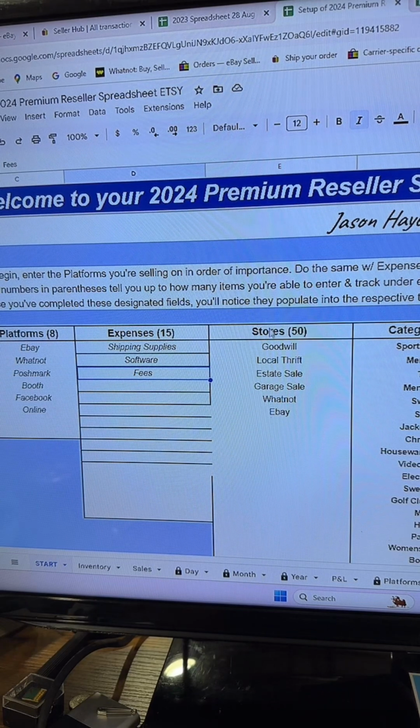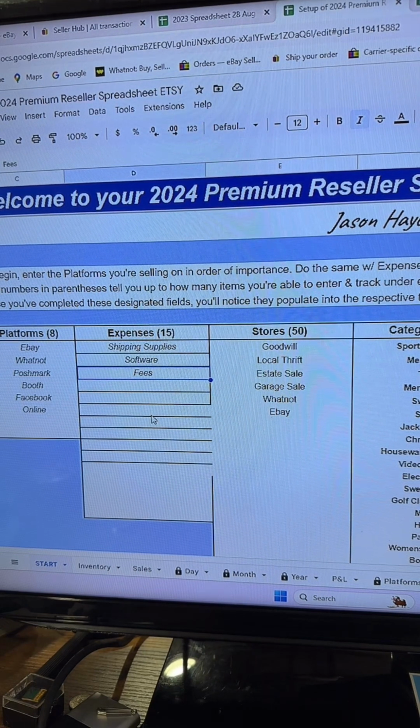Is this an added page for 24? This is the opening page. Yes, the short answer is yes. For 2024, this setup is different than the 2023 sheet. These tabs are in a different location on the 23 sheet. I think this is so much easier having it here because this literally sets up the rest of the sheet